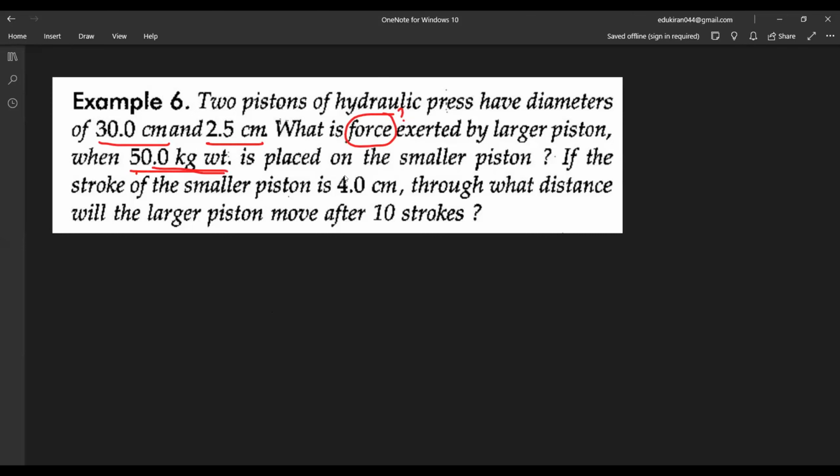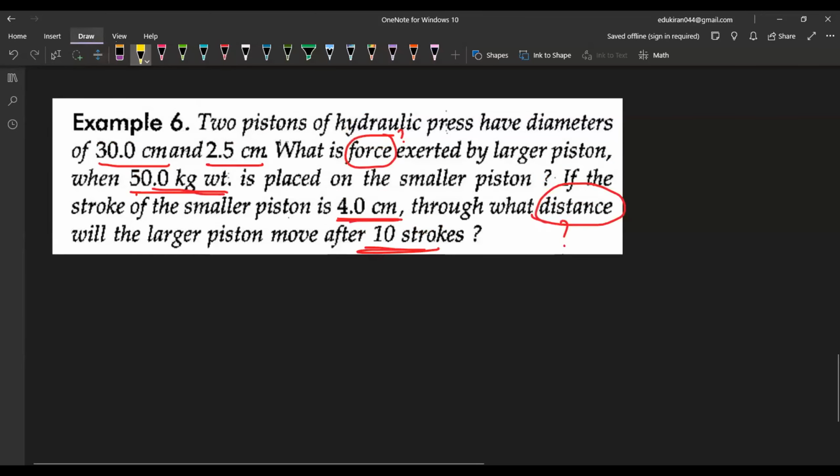If the stroke of the smaller piston is 4 centimeters, through what distance will the larger piston move after 10 strokes? Now you have to calculate the distance. Number of strokes are mentioned. So in this question, how will you calculate? See,